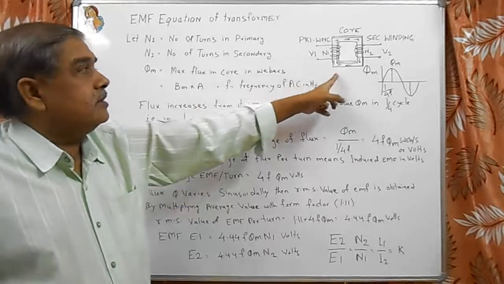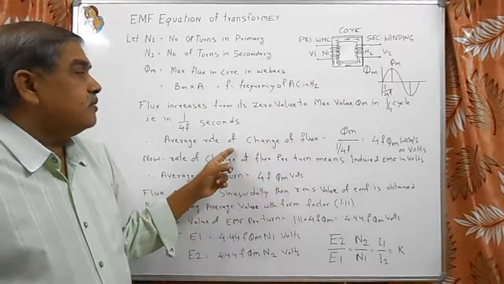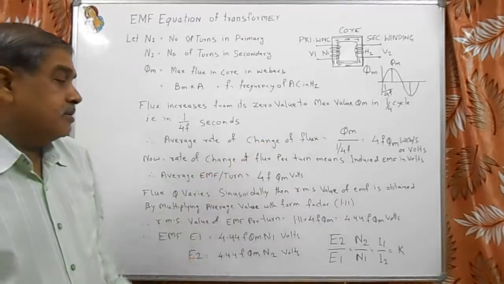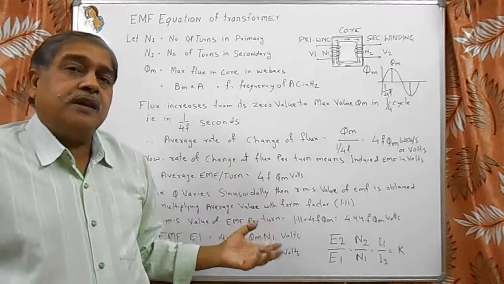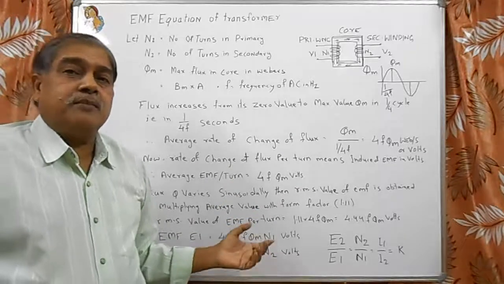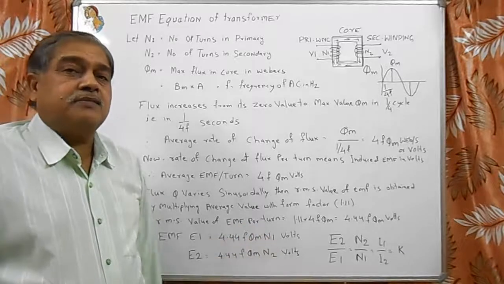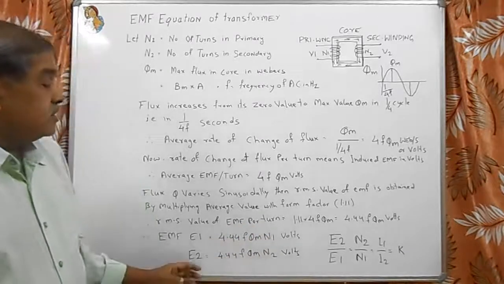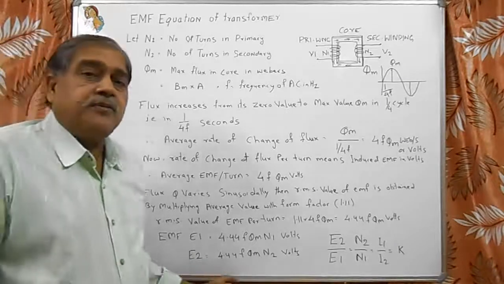If the area of cross section is more, then flux is more, then in that case the number of turns per volt is less. So in the case of a bigger transformer, the number of turns is less, and so the total number of turns in the primary winding and secondary winding are less as compared to a smaller size transformer. So in this way, this is a very important equation, and it is known as the EMF equation.